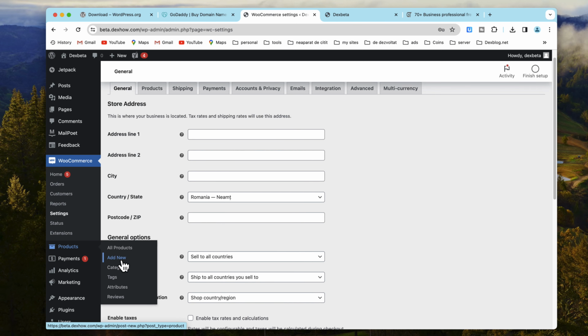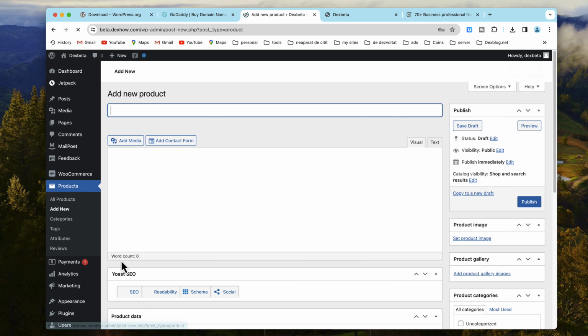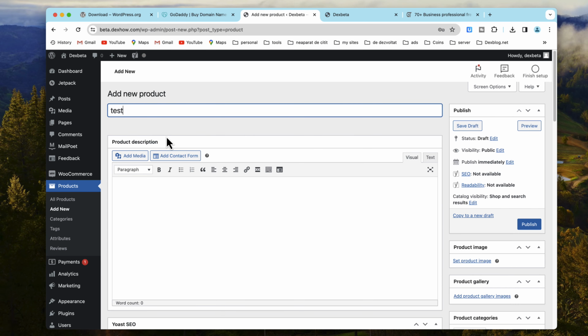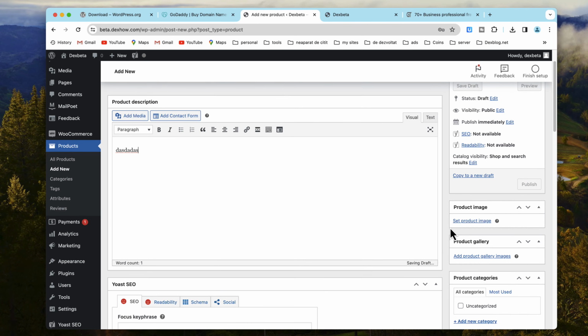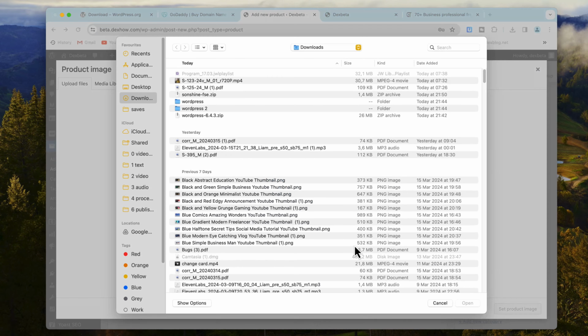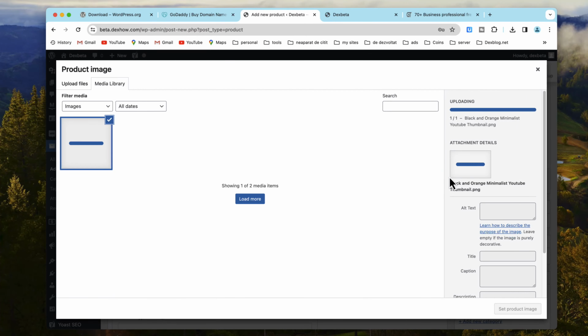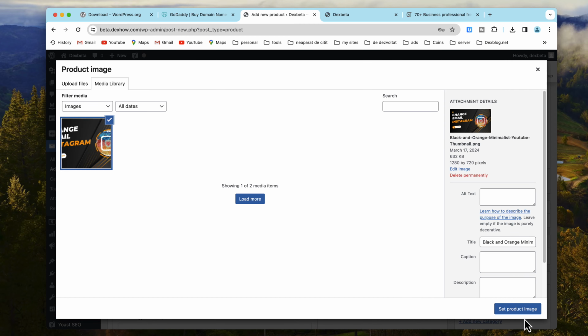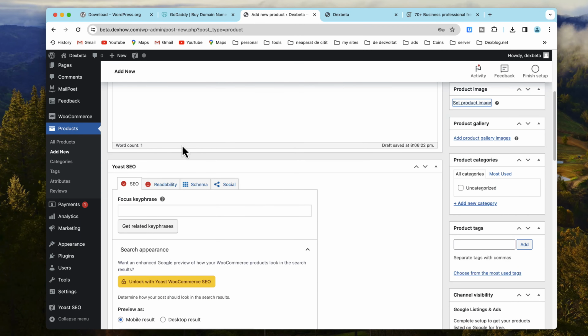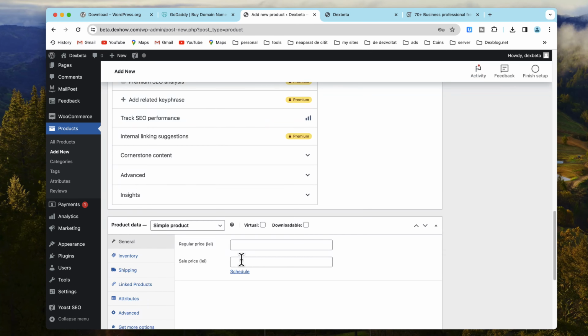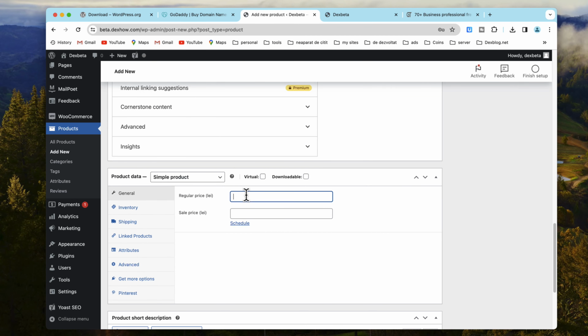Adding products. To add a product to your WooCommerce store, go to Products and click on Add New in your WordPress dashboard. The WordPress editor will appear. Here, you can add a title and description to your product. You can also add images, videos, and other media to your product. Once you're finished adding your product, click on the Publish button to publish it to your website. In the next section, we'll cover how to customize your WordPress website using advanced techniques.